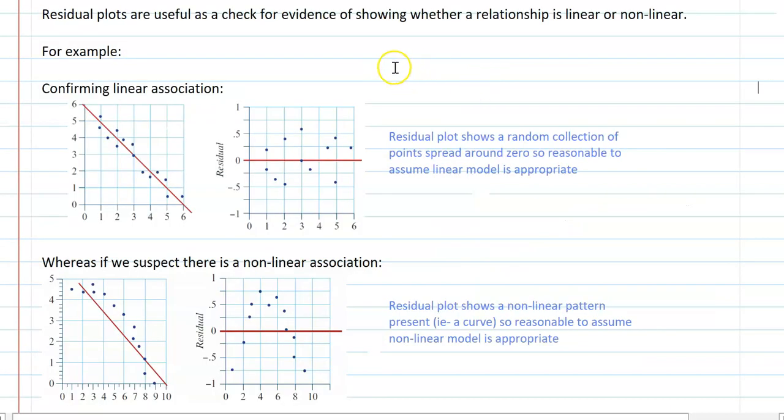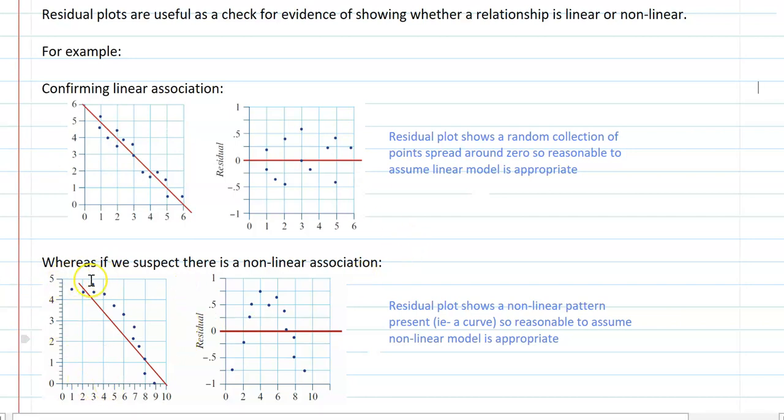Once you plot the residual values versus the explanatory values, what you get in a linear pattern is a random collection of points spread around the zero horizontal line. This is where we can confirm that fitting a linear model is the right thing to do.